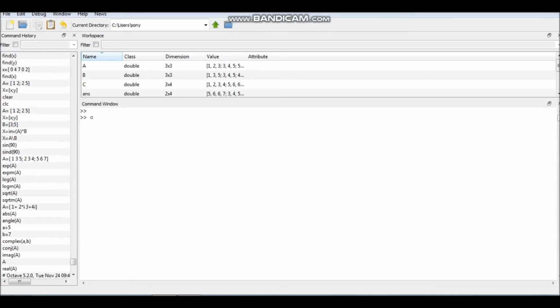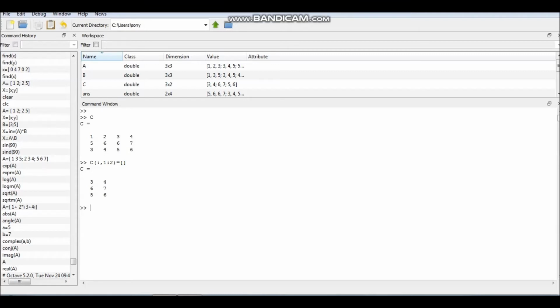Next thing is how to delete a particular part or particular submatrix of a matrix. So this is matrix C. Suppose I want to delete these 2 columns, first and second column. It means first and second column and all rows. So I will give the command C, colon, colon means all rows, and first and second column 1:2, then I will set it equal to an empty matrix. So you can see now out of this matrix C, these first two columns get deleted, and this is the rest part.